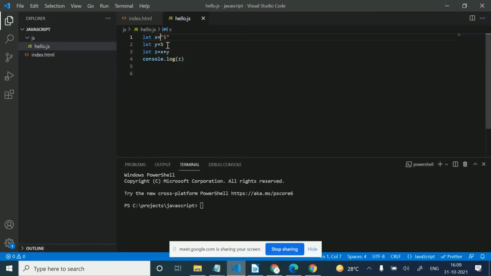Why are we getting 55? Because we are adding 5 into the string. When we add a number to a string, it does not add the numbers, it just concatenates the strings. So it converts this 5 internally to a string as well. If x is a number 5 and y is a string, what will happen?